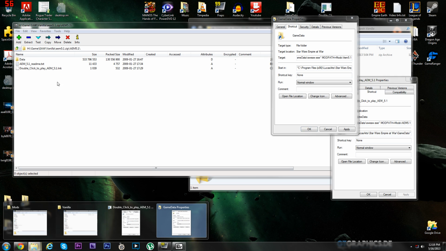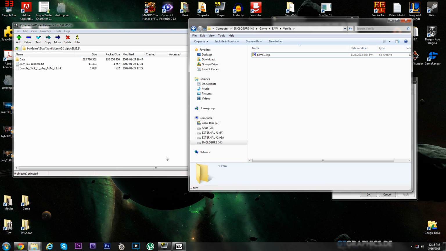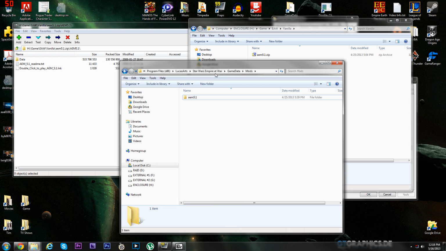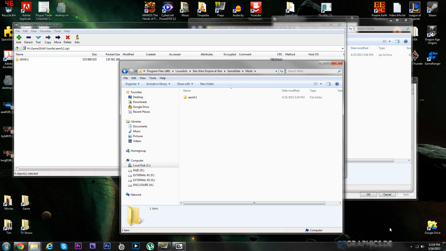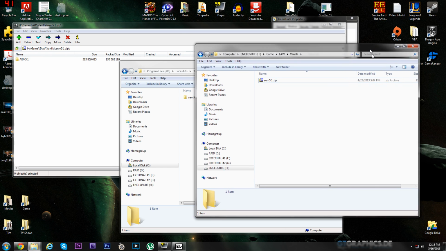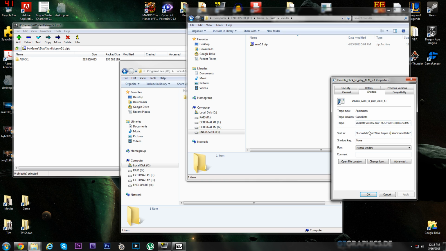So what you want to do is you download the mod, you put the mod for Empire at War, at least, in the game data, create a mods folder, and put the folder of the mod in there. You don't want this data folder, you want an overriding folder that contains all the subfolders, and put that in there. Then, if the mod comes with a shortcut, like this one, then you can